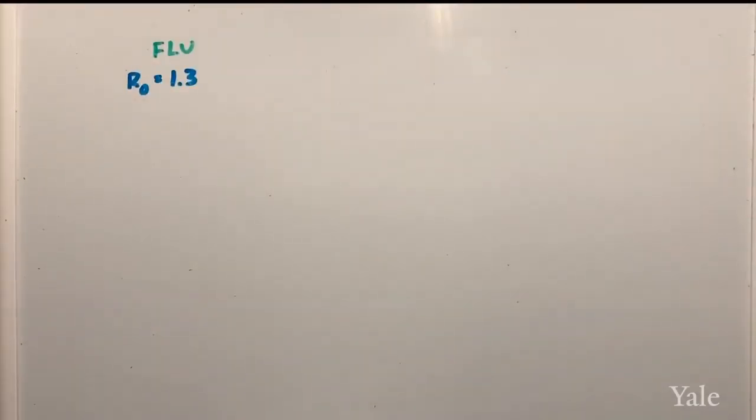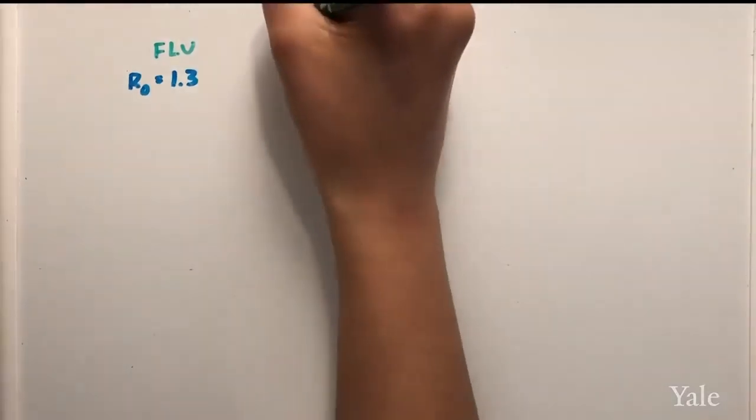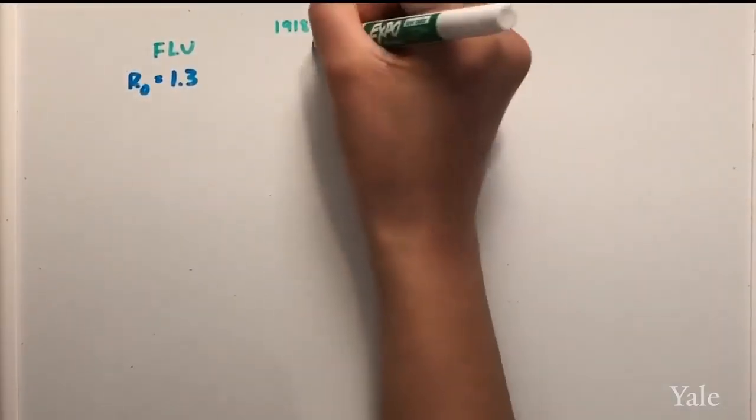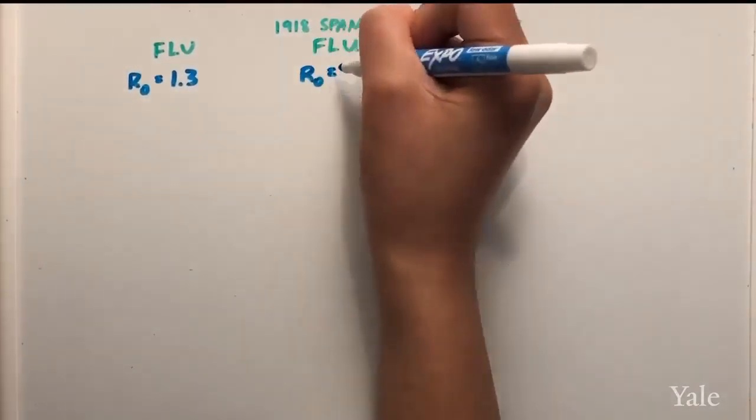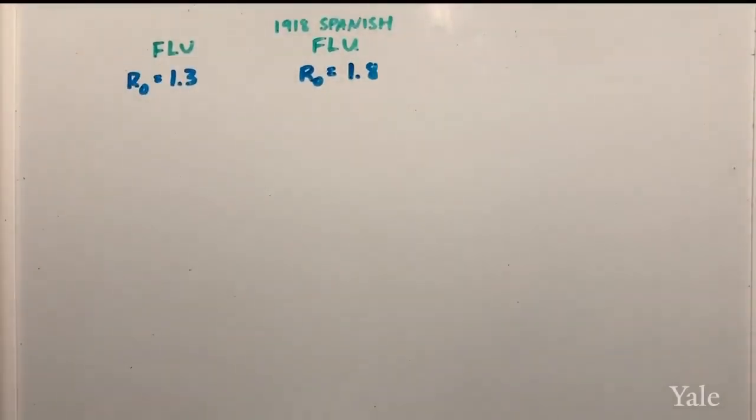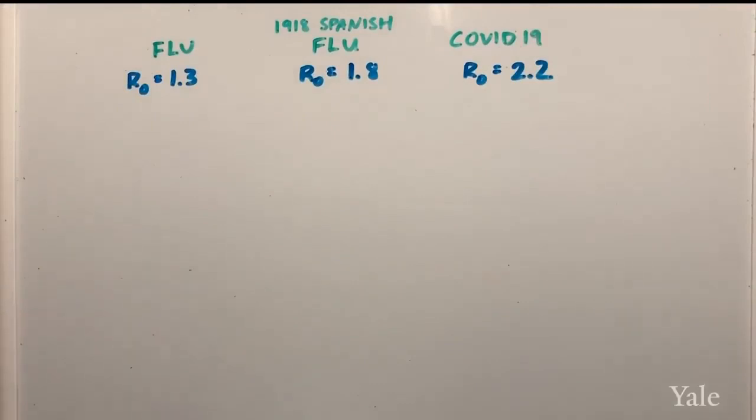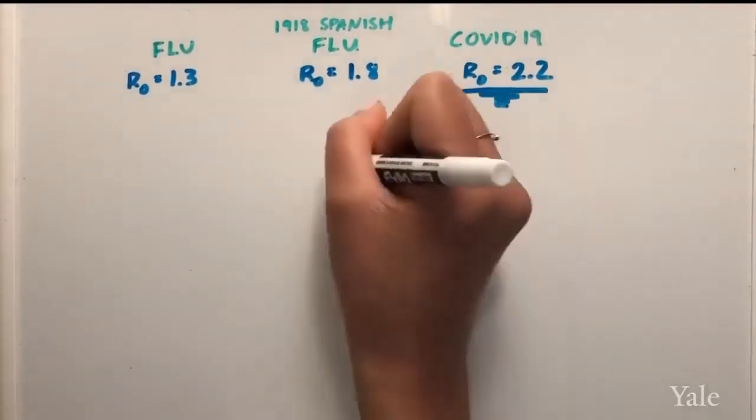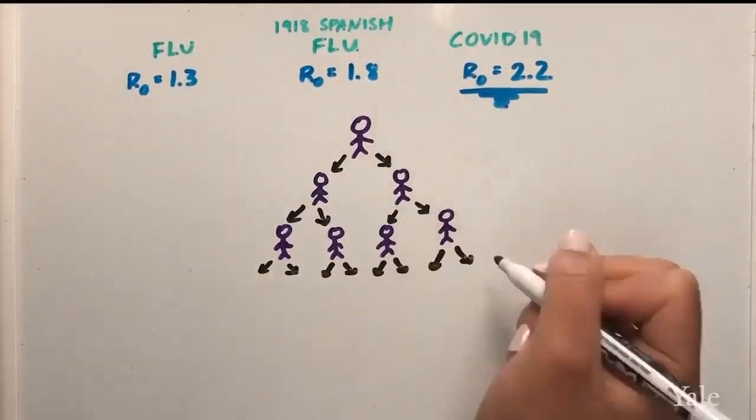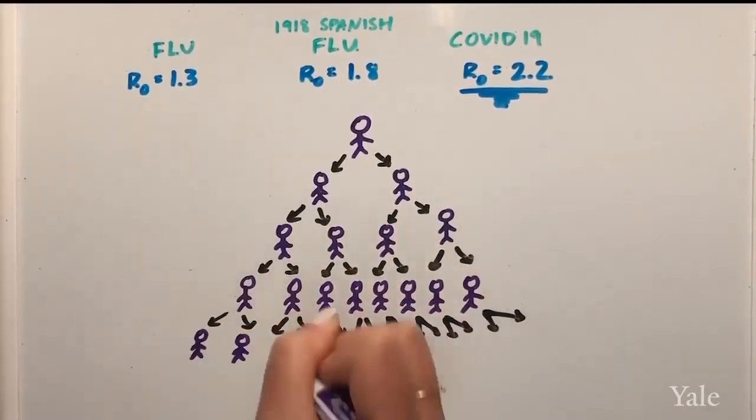For comparison, the average R0 of the seasonal flu is around 1.3. The R0 of the devastating 1918 Spanish flu was 1.8. The R0 of COVID-19 is estimated to be 2.2. Even if we round down to 2, you can see how quickly just one infected person can spread the virus